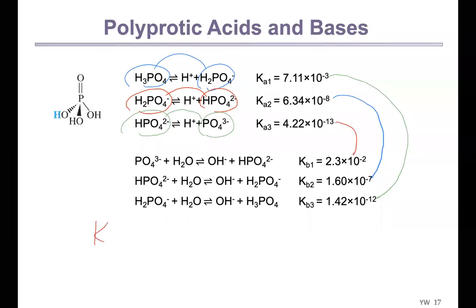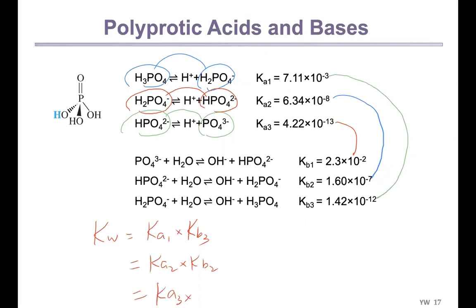So Kw is Ka1 multiplied by Kb3. It's also Ka2 multiplied by Kb2 and Ka3 multiplied by Kb1, okay? All right, so that's just